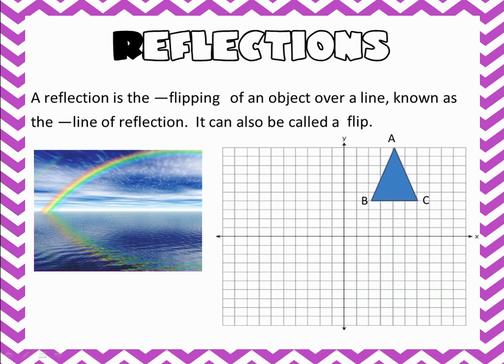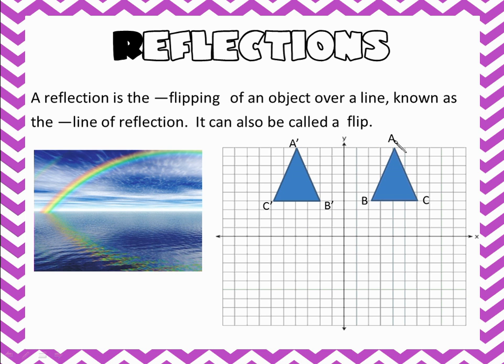Mathematically, if I start with triangle ABC in the 1st quadrant and I want to flip it over our y-axis, I am now left with triangle A prime, B prime, C prime. Now some of you may look at this and say, well, Ms. Arnold, doesn't that look like a translation? I mean, it could be a slide. The difference is